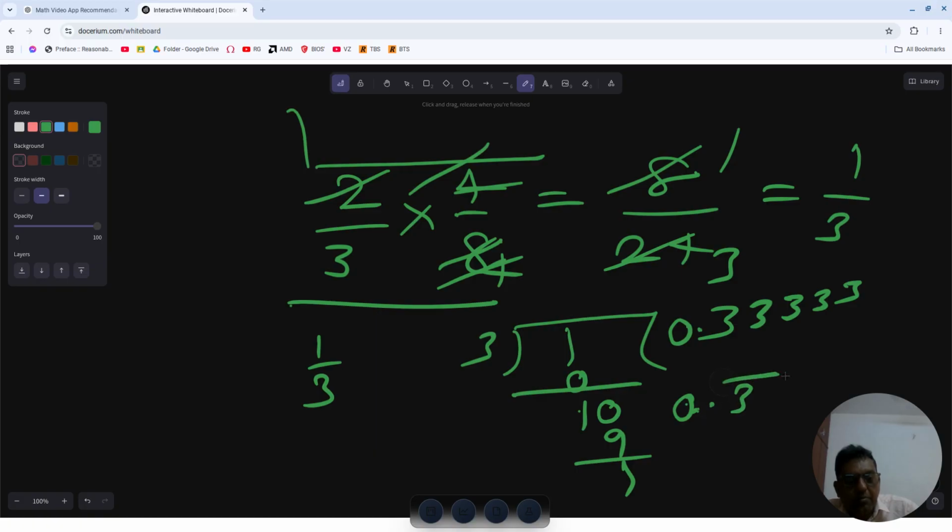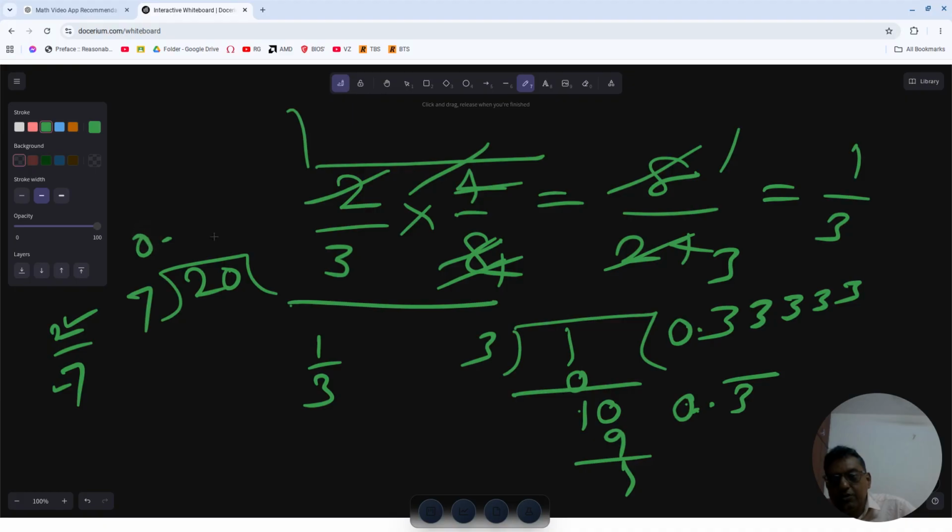0.3 bar. So if you take the example of 2 by 7, in all these cases, when the numerator is less than the denominator and is not getting cancelled, the answer will definitely be a decimal. So you can put one 0 here and 0 will come here, 0.0, 7,